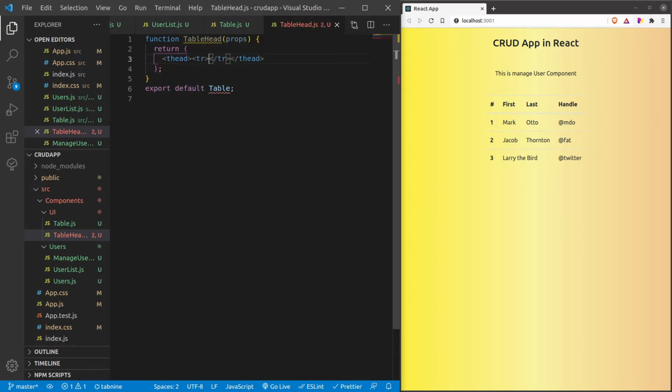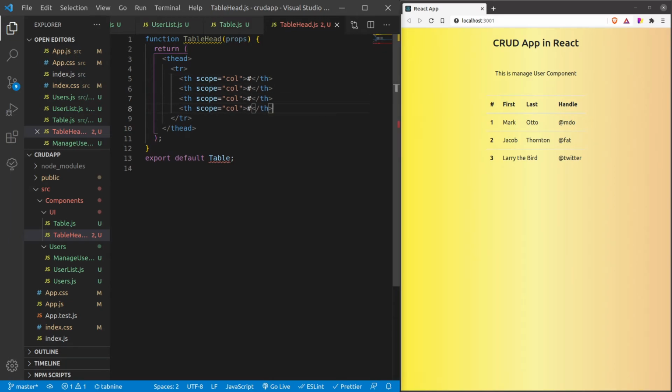In table row there is going to be table head 1, or let's say hash. And now let me copy it. Also, let's add scope is equal to col. You will get to know what the benefit of these things is. 3 and 4. Okay, so this is hash, and then email as per our example, and then name, and then bio. All right, so we have created a table head component now.